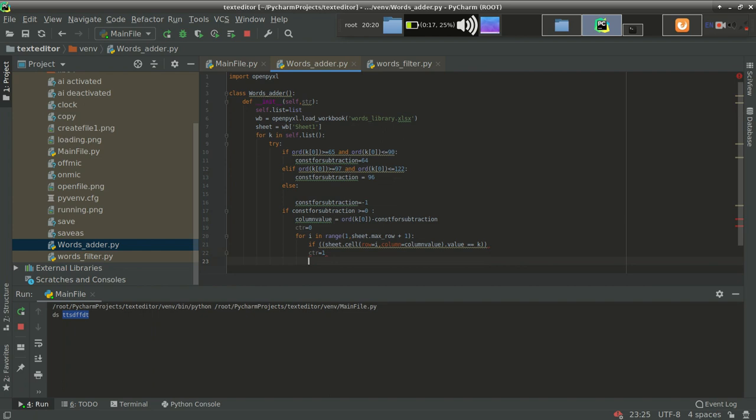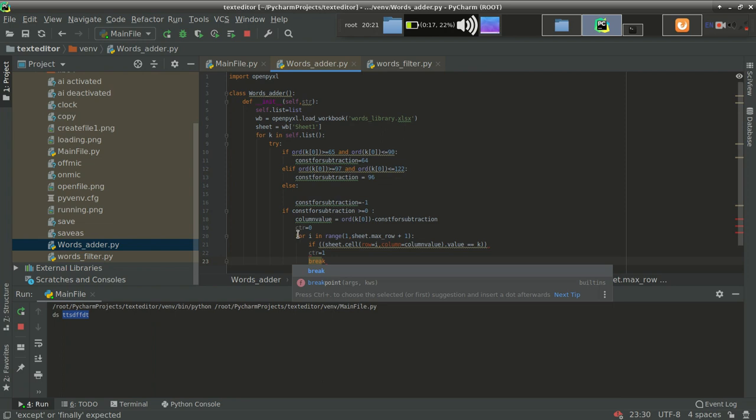Okay, ctr is fine. That is the word adder. So as you can see, the counter over here is 1. So if the word is already over here, then there is no need to add that word. I simply break the chain, so that you have to start with a new word.